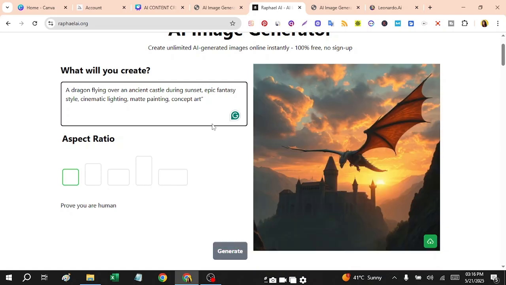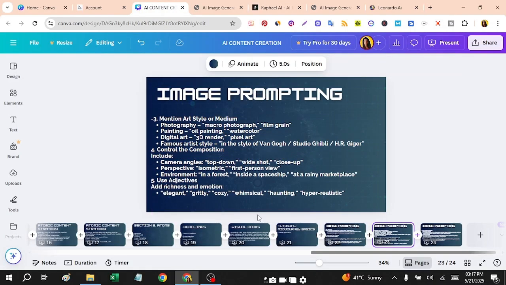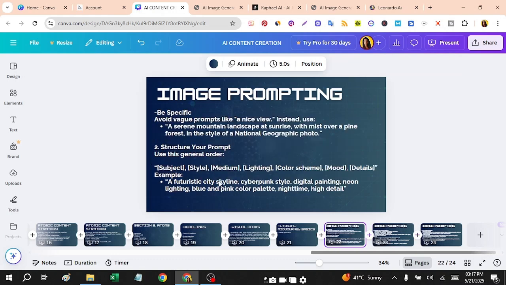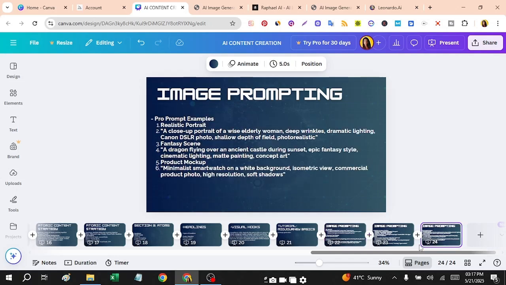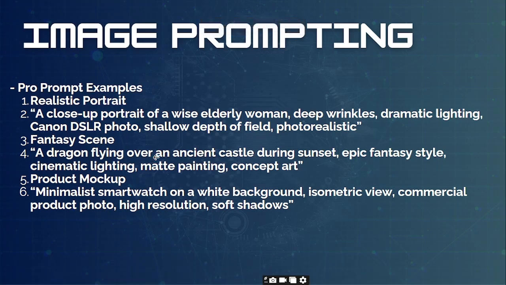If you're not explaining an image properly, you can ask the tool to describe this image in this structure. You can use the structure I provided: subject, style, medium, lighting, color scheme, more details. You need to know what kind of image you want, and that's where you get help from AI tools.